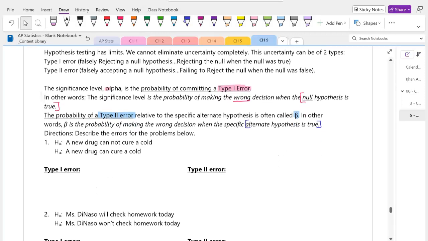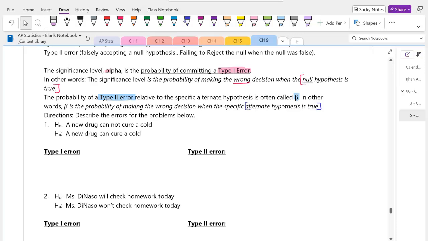A lot of this is just going to be reading over the problem and then writing out what the two different types of errors were. So in question number 1, we've got the null hypothesis is a new drug cannot cure a cold, and the alternative hypothesis is that a new drug can cure a cold. So for the type 1 error, this is the probability we're making the wrong decision, but the null hypothesis is in fact true. So we're simply going to write out